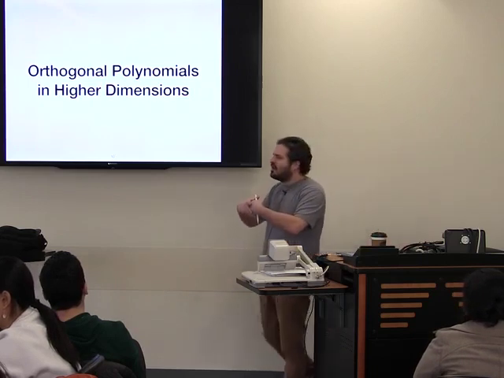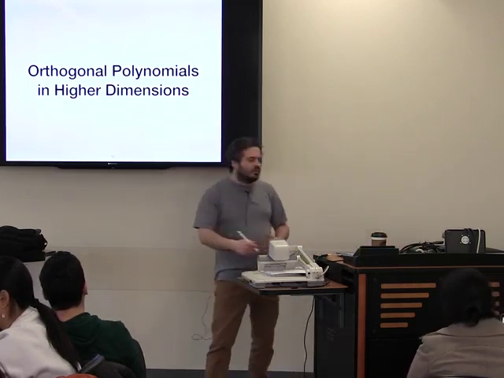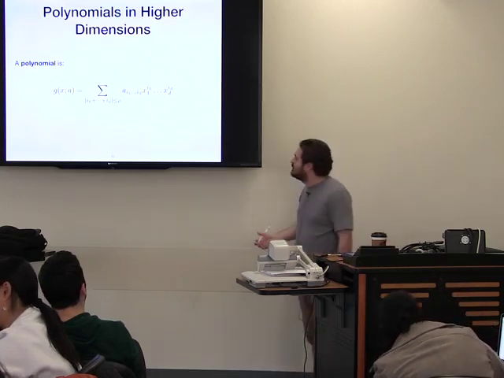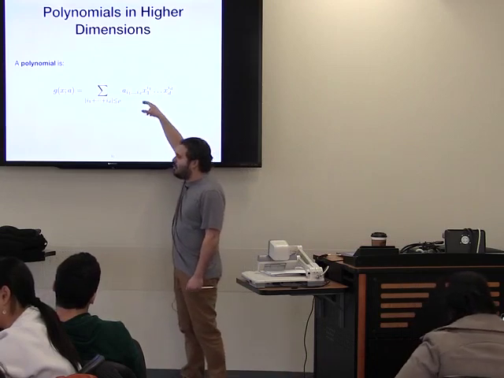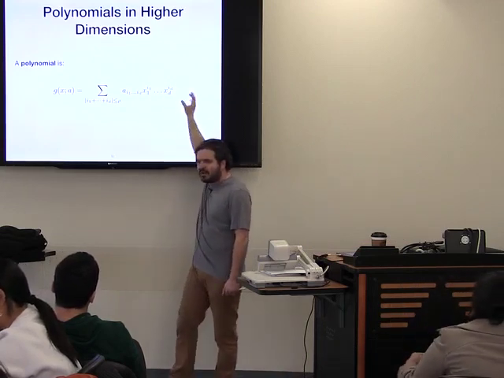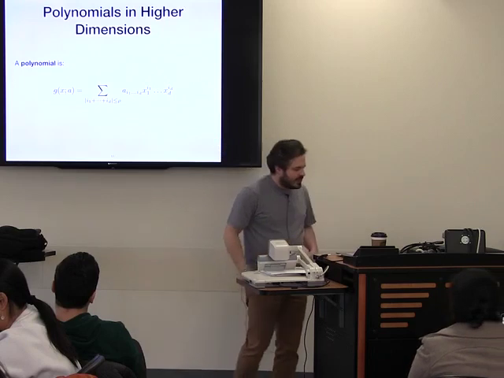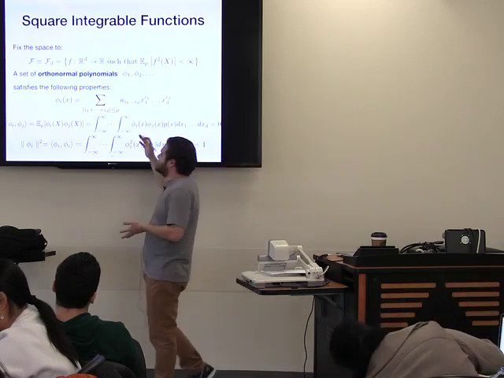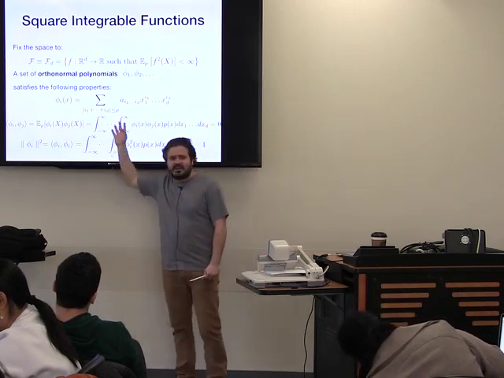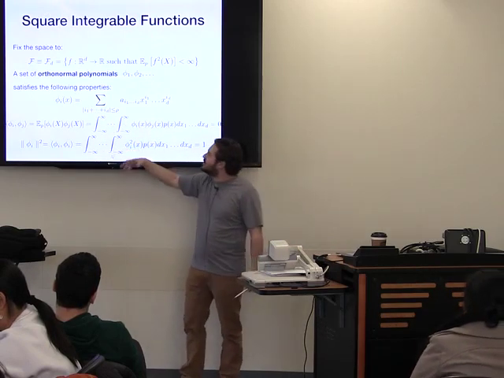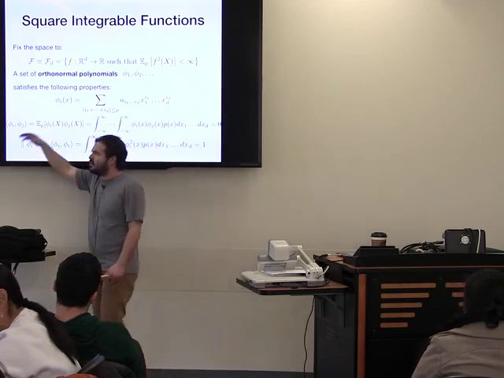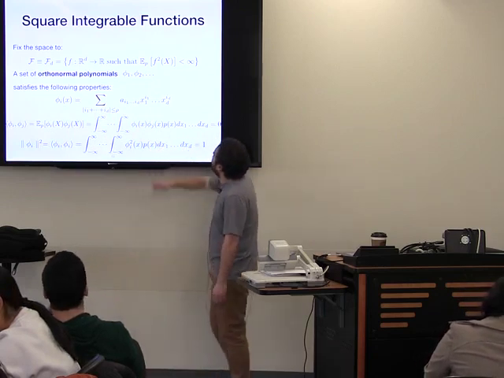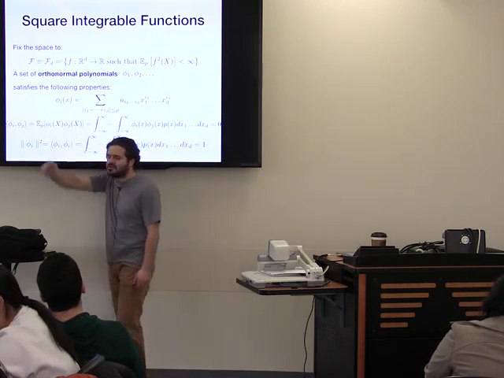And then to go to higher dimensions, you can do the same thing. Polynomials in higher dimensions look like that, okay? So you have all the components of x raised to a power multiplying each other with some coefficient. Again, the definition of the orthogonal polynomials is pretty much the same, but the integral is a multidimensional integral. That's the only difference. Apart from that, you still have a dot product or an inner product. The polynomials have to be orthogonal, so on and so forth. This space now from R^D to R is also a Hilbert space,